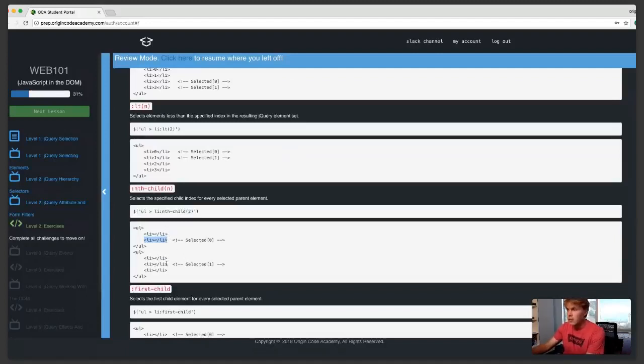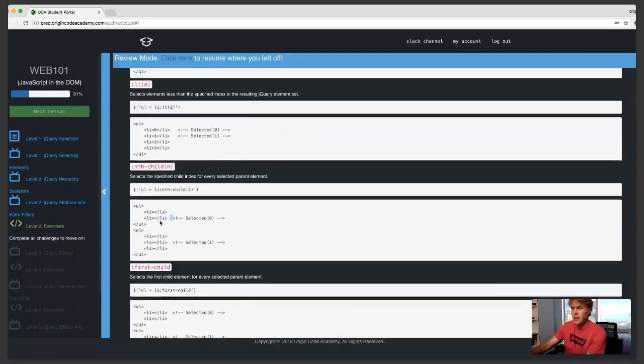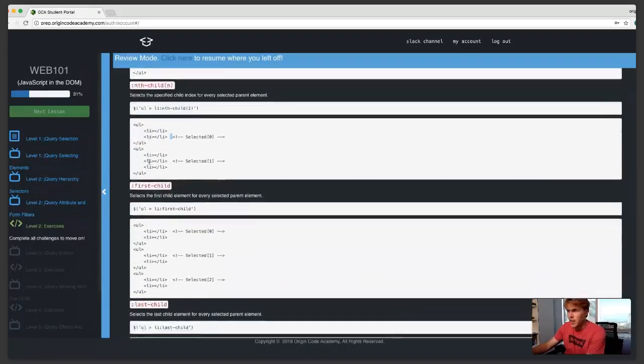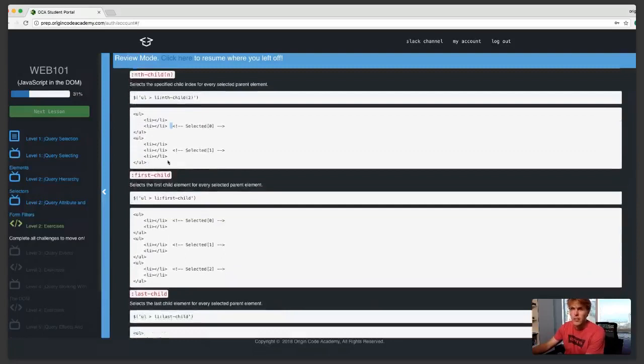So, oh yeah, here we can see that there's 2 unordered lists now, one with 2 list items and one with 3. Both of the second items are selected. So yeah, that will come in handy. First child is another way of saying,